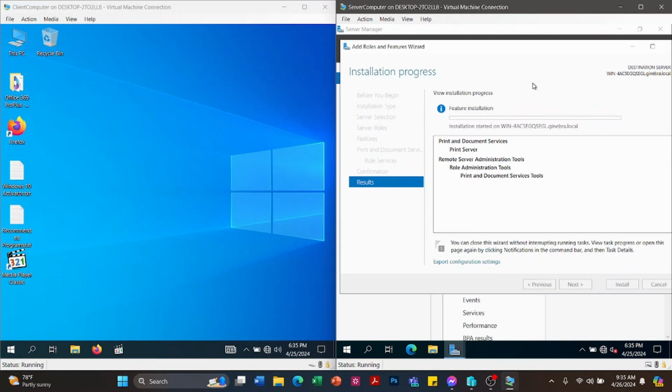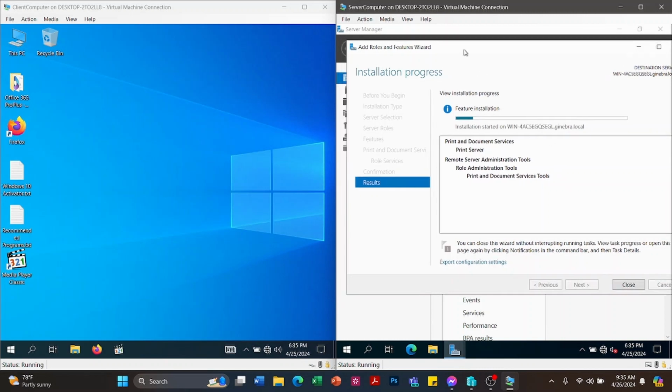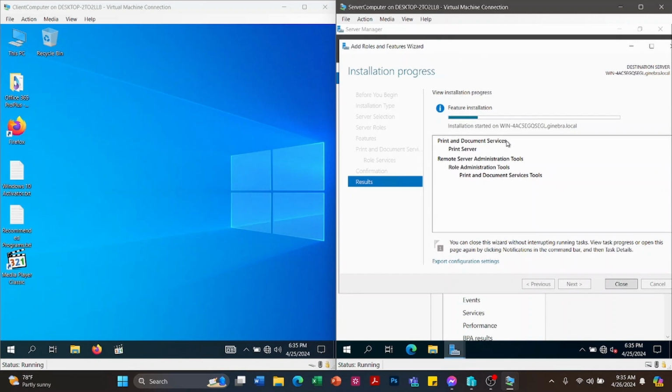So as you can see, the print server and the print and document service tools are currently installing. Okay, so let's wait for it to be completed.